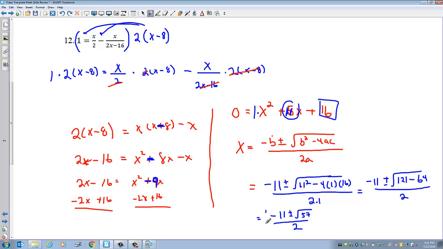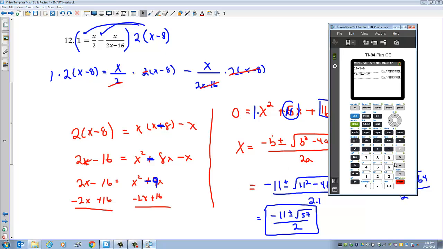Now, you should be able to check your answer. So let's check our answer on this one, because this one's a little bit hard to check if you don't know how to do it right. So what you can do is you can put this answer in. And so I'm going to put left parenthesis. I'm going to check one of them. So negative